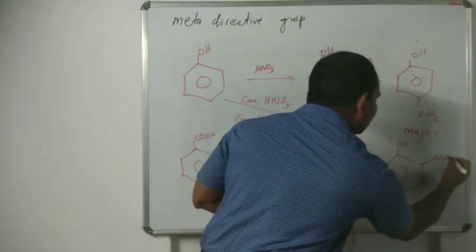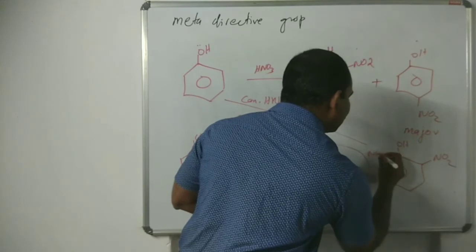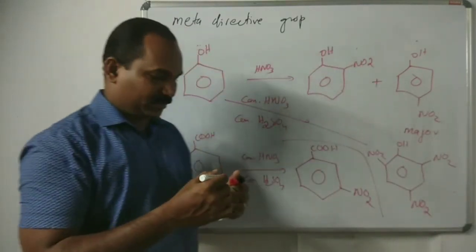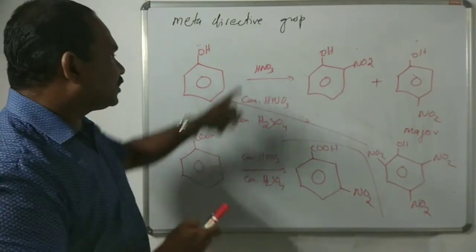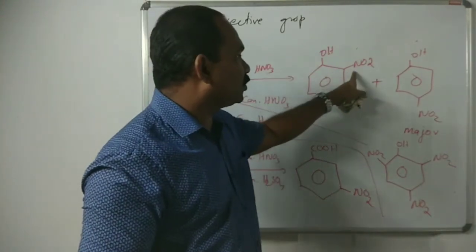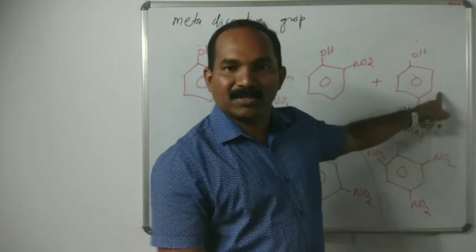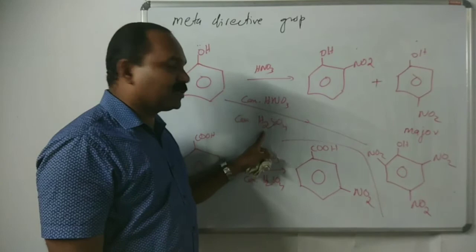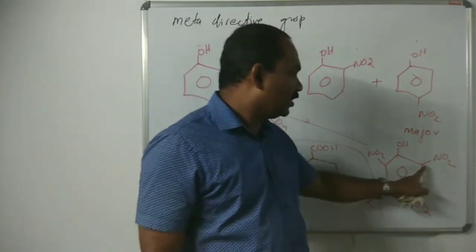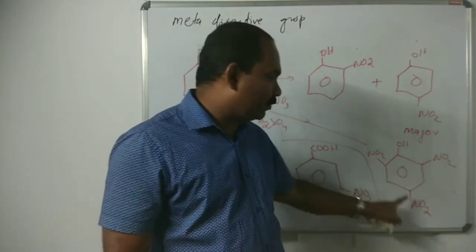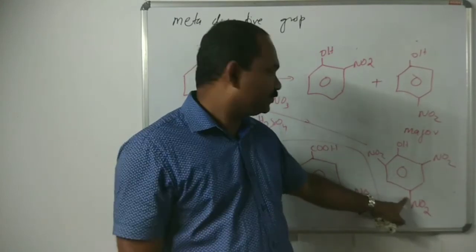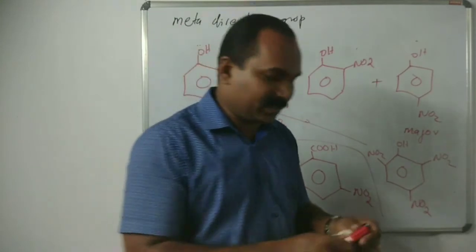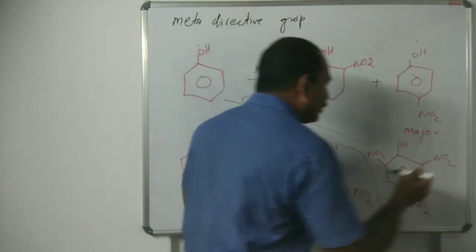That means the ortho positions and para position are substituted. When you take dilute nitric acid, you get orthonitrophenol and paranitrophenol. But with concentrated nitric acid and concentrated sulfuric acid, the two ortho positions and the para position are substituted. The common name of this compound is picric acid, and the IUPAC name is